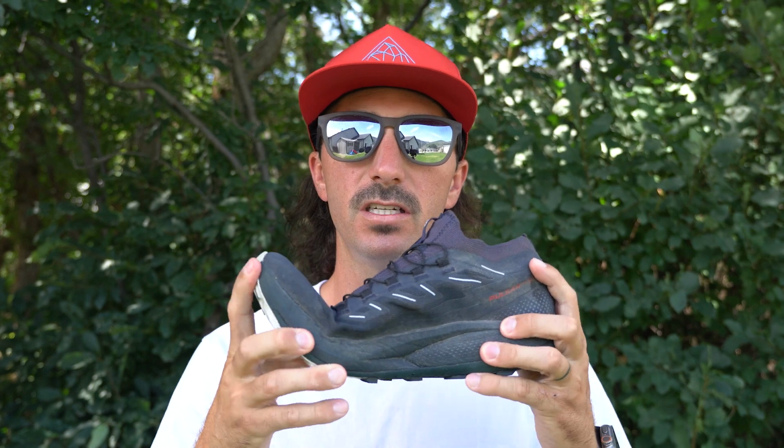So I think it was just a break-in period that needed to happen with this shoe. And the second thing is the reason why I've kind of fallen out of love with this shoe, and it's taken more of a backseat in my trail running shoes. It's because I've noticed that on my longer runs, right here on the inside of my foot,